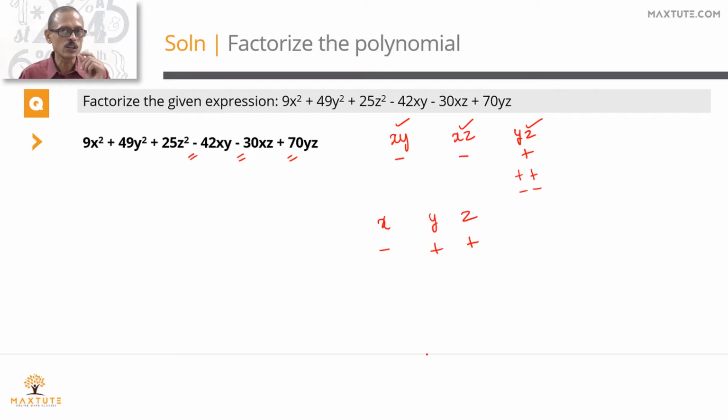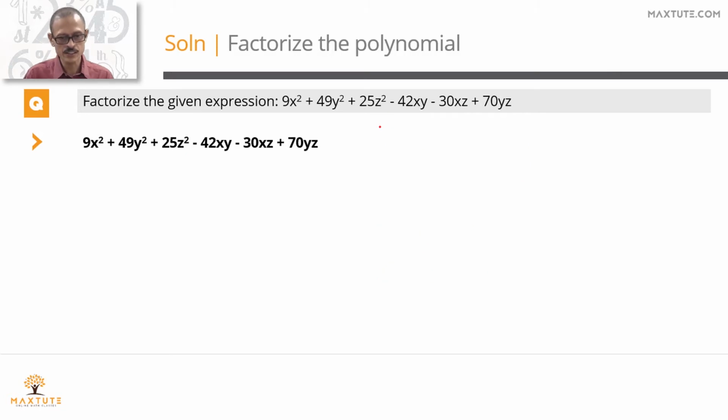The opposite will also work. X could have a coefficient which is positive. Y and z have coefficients which are negative. X into y, positive into negative is negative. X into z, positive into negative is negative. Y into z, negative into negative is positive. You can choose to go with either one of these. The answers will look a little different, but both are valid answers. Both are correct answers. Final expression will be the same. I'm going to go with x being negative and y and z being positive.